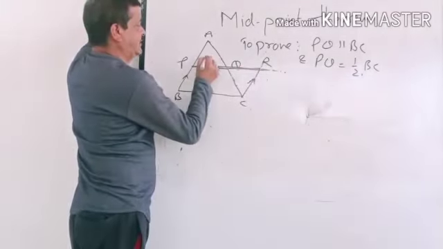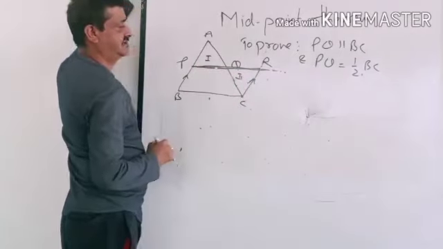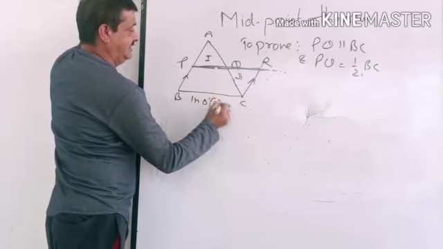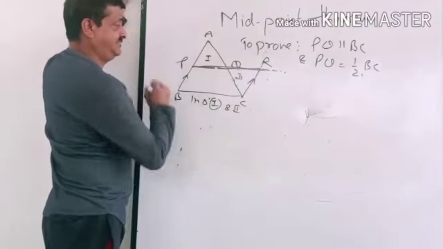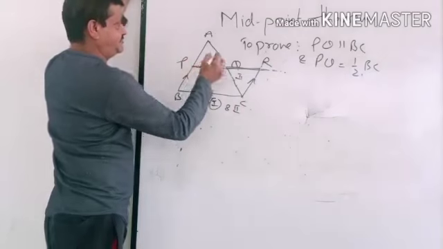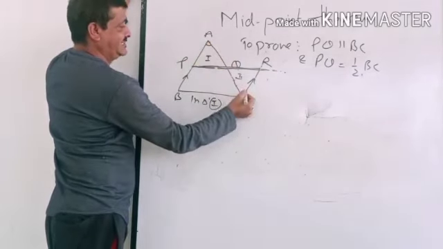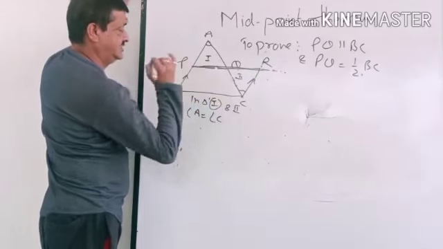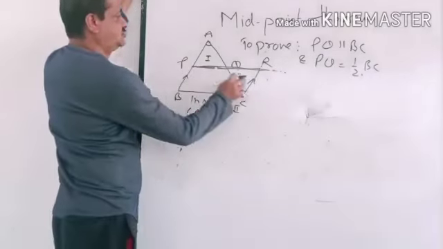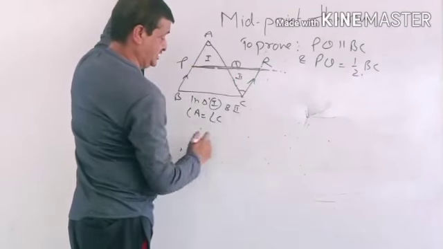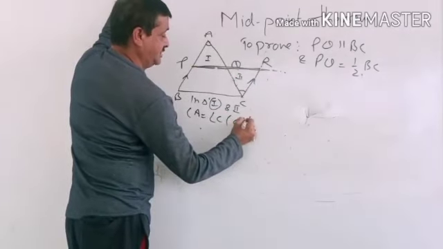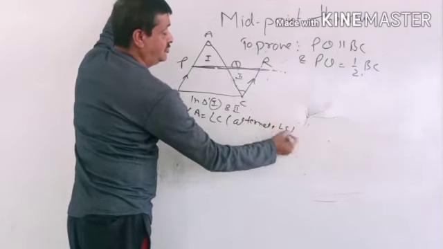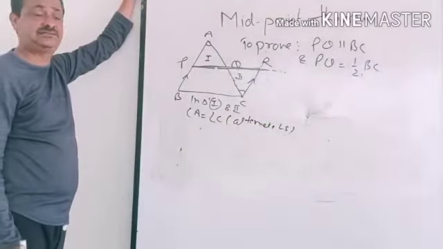Now take these two triangles, triangle first and triangle second. In the first and second triangle, what are we getting? Angle A is equal to angle C, alternate angles. Angle A is equal to angle C, right? Since these two lines are parallel, you should get alternate angles, and many of you know that alternate angles are always equal if the lines are parallel, right?